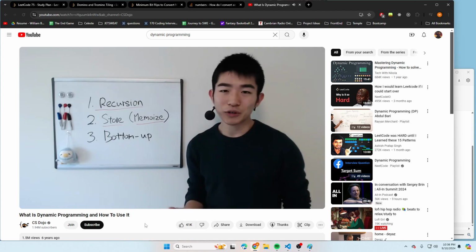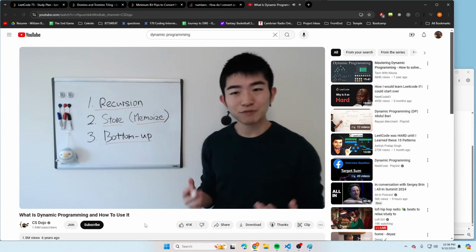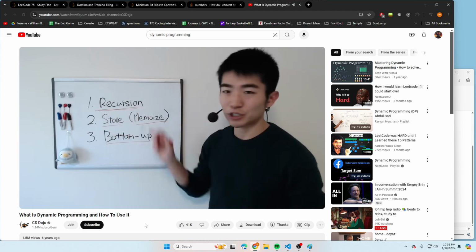And then the third step, if you don't like using recursion anymore, is to come up with something called a bottom-up approach. So let's first see what a recursive solution might look like for this particular problem. As I said earlier, we're going to write a function called fib of n, which takes n, a positive integer, and returns the nth Fibonacci number. And if n is equal to 1 or 2, we know that the first and the second Fibonacci numbers are 1. We're going to return 1. But instead of returning it right away, we're going to store it in